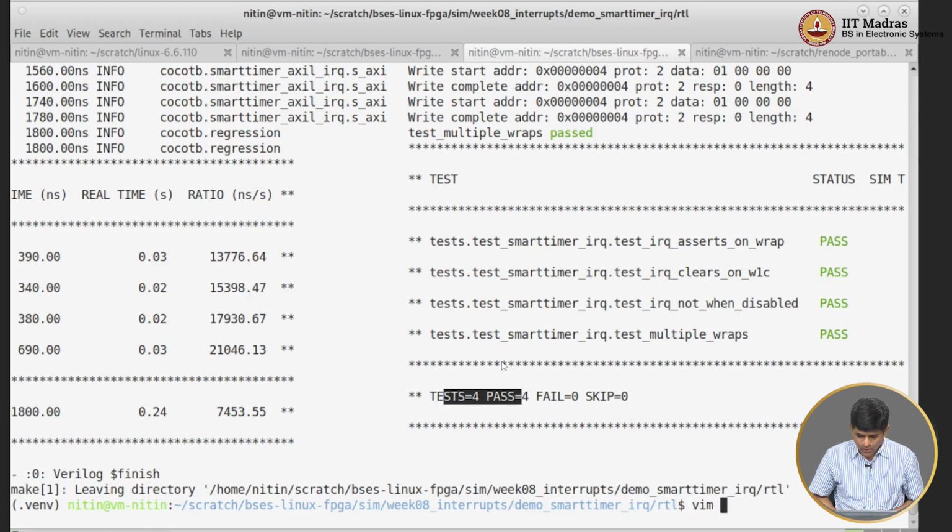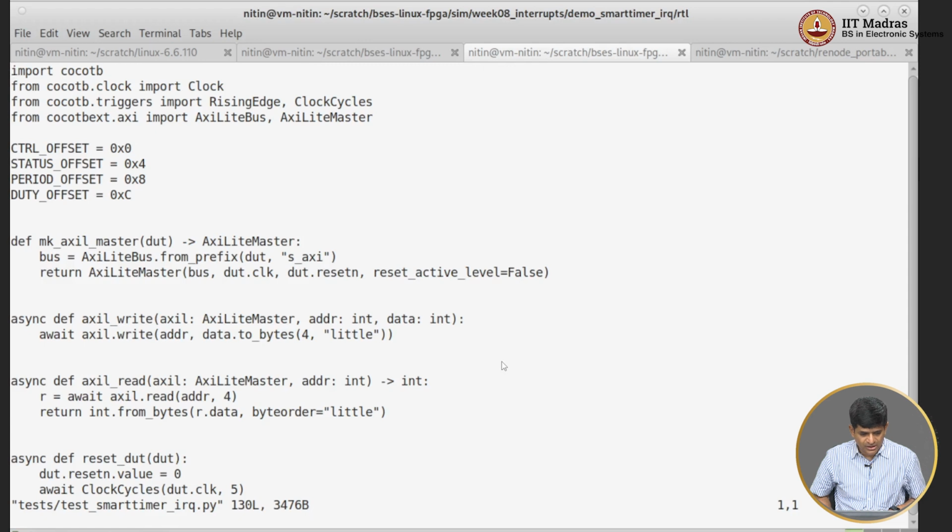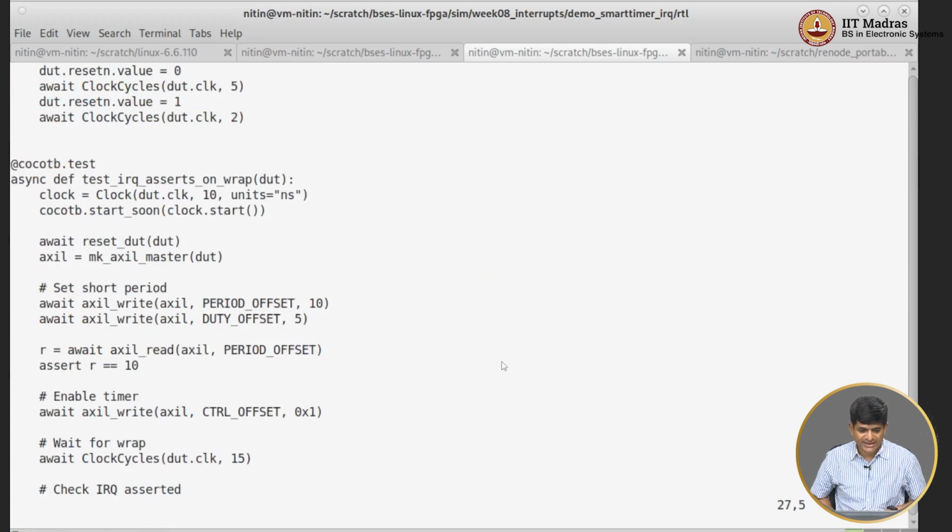You can very quickly look at what those tests are as well. These are the typical AXI tests, cocotb based tests, that we have been looking at. For example, over here I am not looking at generally whether the smart timer works in the first place. I want to specifically test things about the IRQ, right. So the way that I do it would be, for example, I give it a relatively short period,